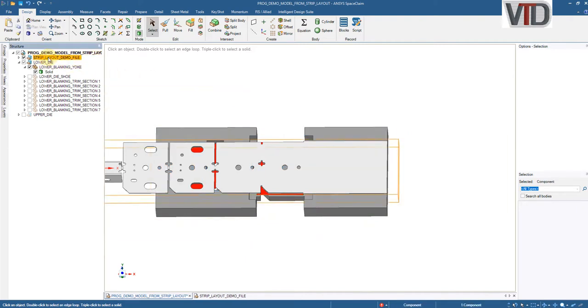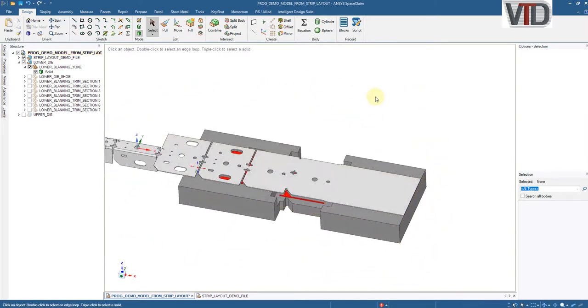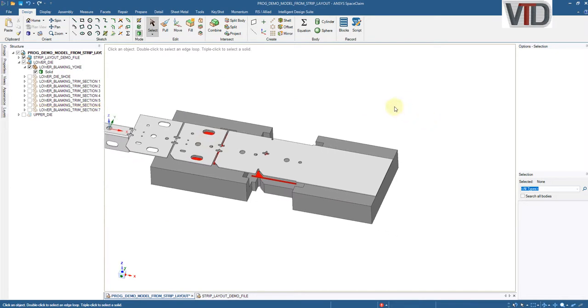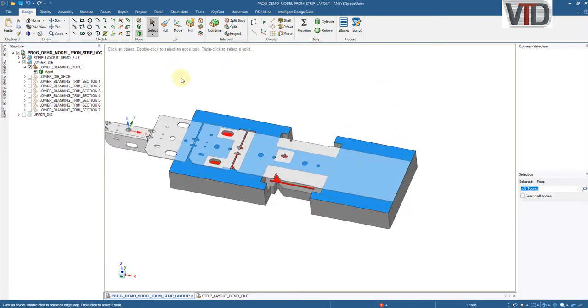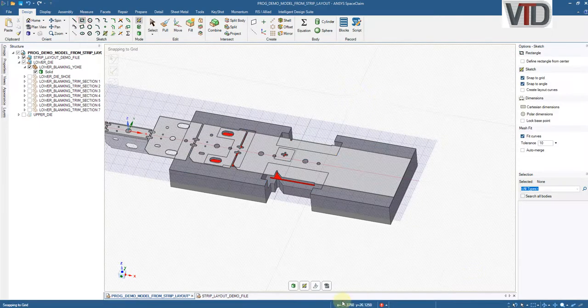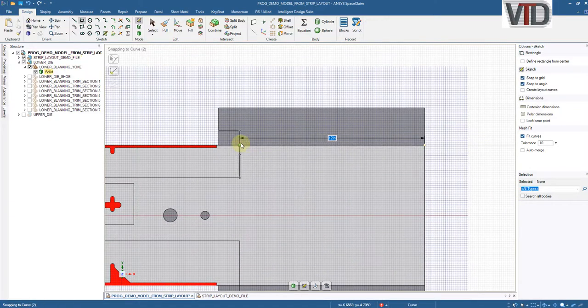If I hit activate on any one of these, you can see it activates it. We're going to be activated at the top level, same as what I've been doing before, creating all the geometry and then dumping it into the sub-assemblies as I go. I'm going to pick the top surface of the yoke, and I'm going to sketch. So I'm sketching on the yoke, already at the correct height,